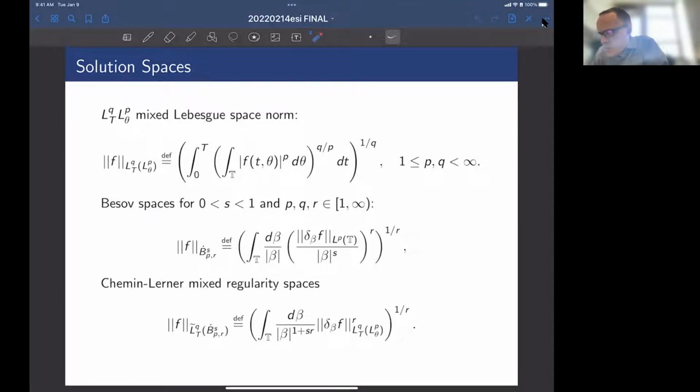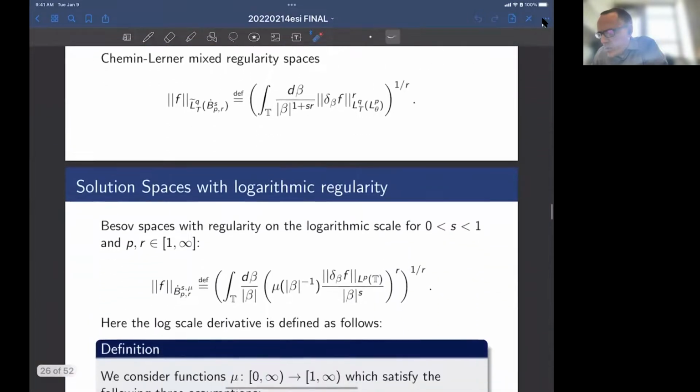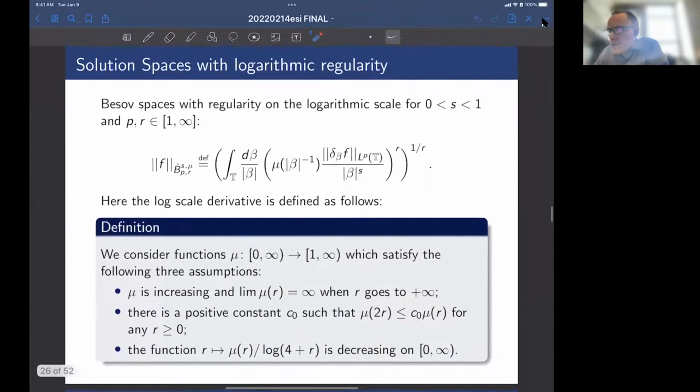And then we'll also use these Chemin-Lerner mixed regularity Besov spaces where you have an LQ in time with a tilde on it on the outside, because you put the LQ in time norm in here, and then you integrate over beta on the outside, but you also have the difference in beta on the inside here, and the theta interval on the inside. Okay, so these are some of our mixed regularity spaces, and we also have solution spaces with logarithmic regularity, because